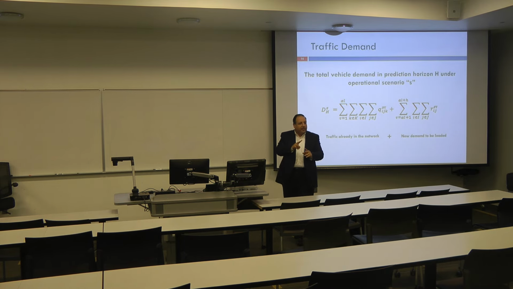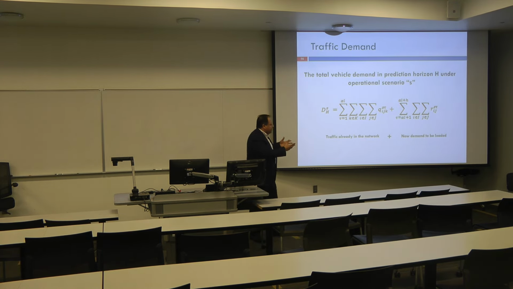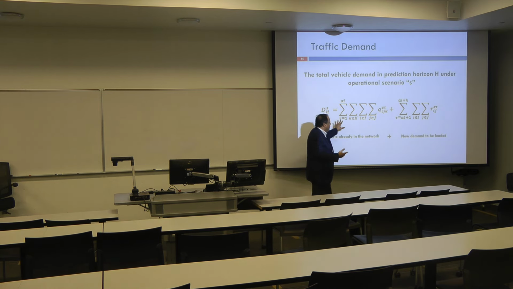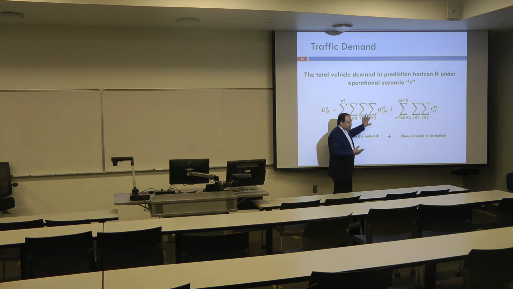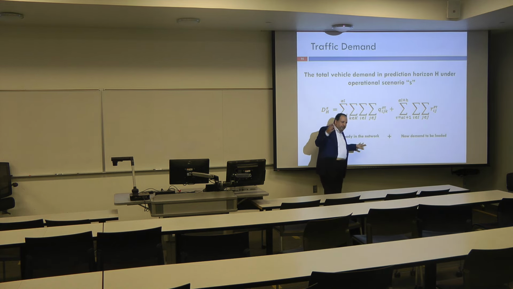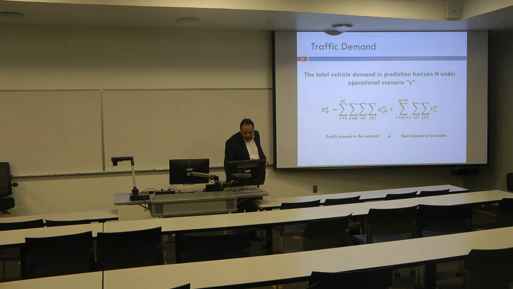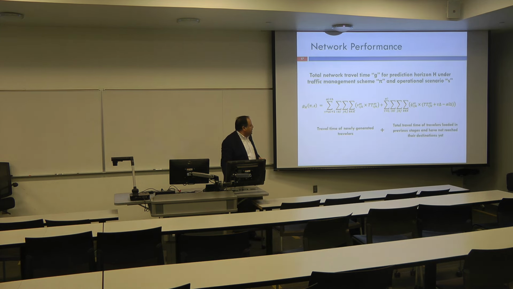So we divide them into two pieces. And this follows the work of Mohammed Sani and Professor Peter, right? When we start doing the rolling horizon approach, they define the demand that way. So I'm not doing something different here. The demand has two components. One of them is the travelers already loaded from previous stages, so I'm tracking that, and the travelers that will be loaded during this horizon. So this is the demand.